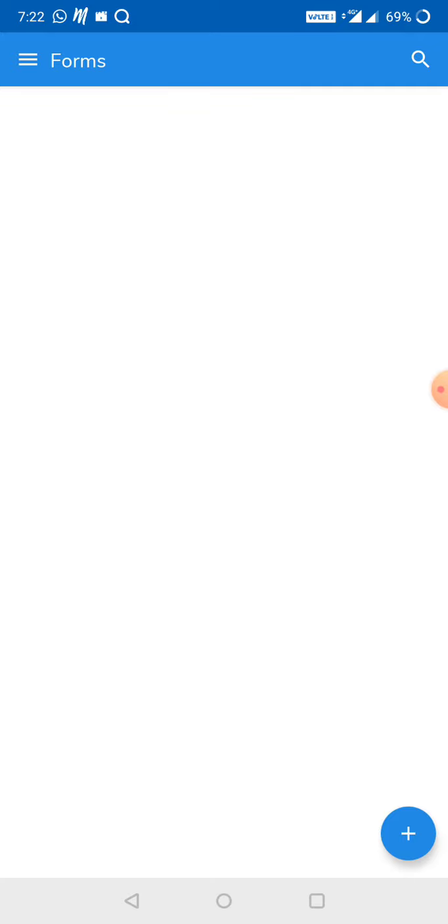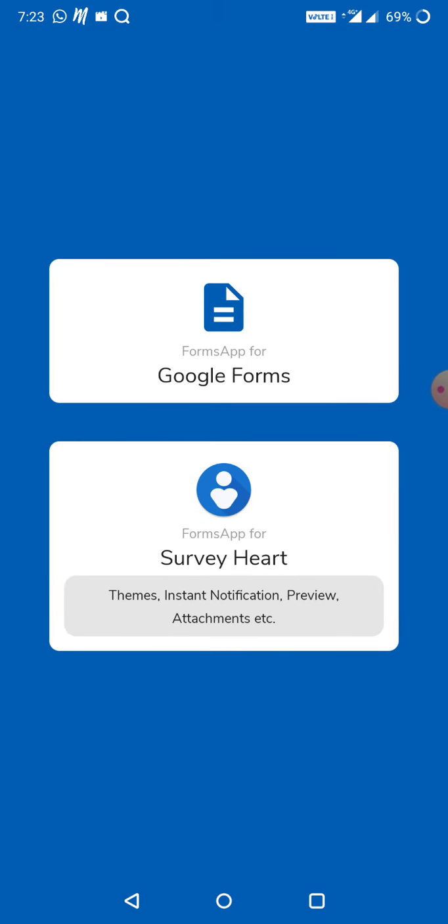But obviously the link which ma'am will send you for sending to the students is from this email ID. So when students respond, it will be showing here to you only. So you can open your form and check the responses in the way I have told you. And for the revision test, you follow the procedure which I have told you by using your own email ID. Hope this helps you out.